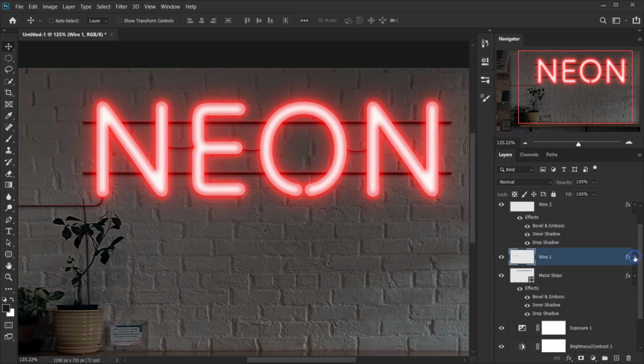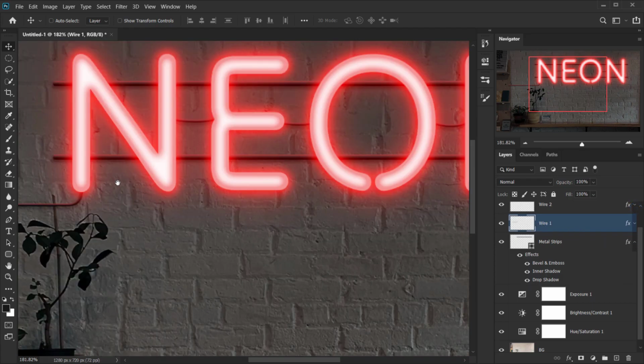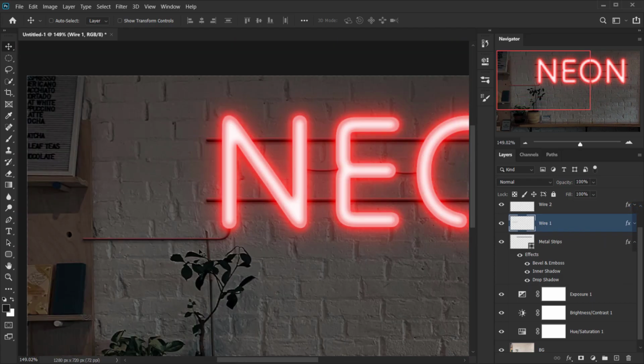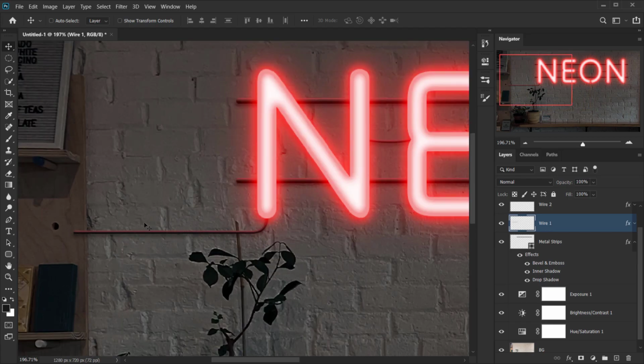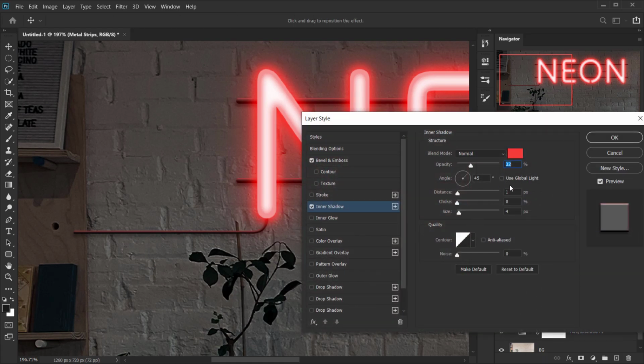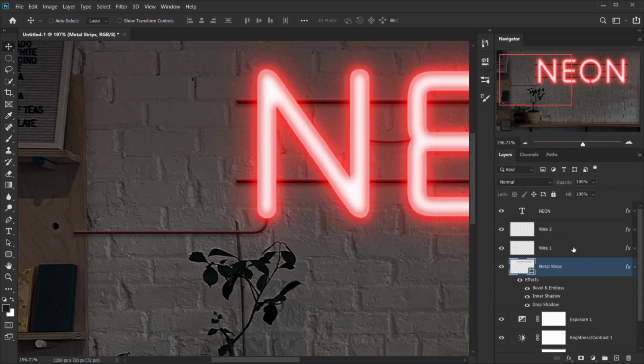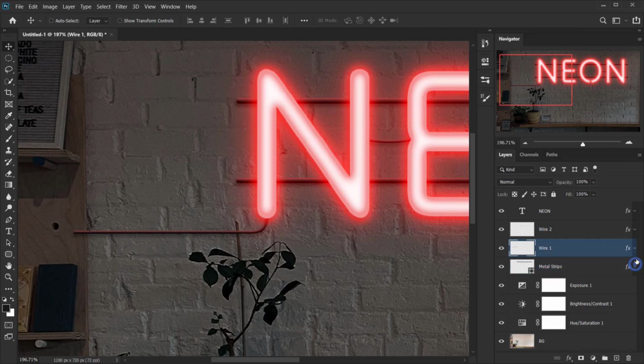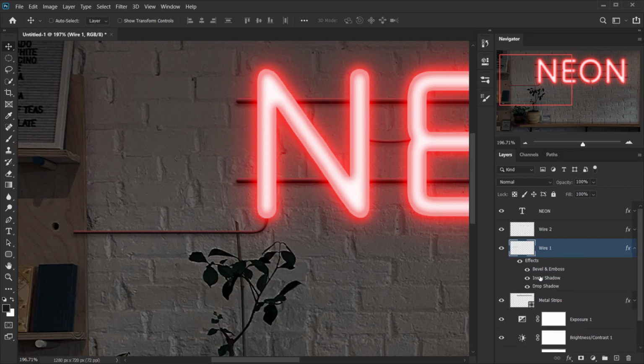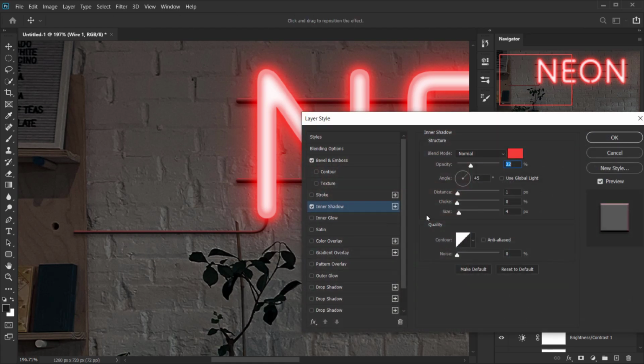But we're going to make some change for this wire 1. This is why we put it alone, because I don't want it to have the light all the way in here. So let's go to the inner shadow, and let's make sure that use global lights is unchecked, because if use global lights is checked, if I make some changes, it will make the changes to the other ones too. Alright, so let me make sure that I'm selecting the wire 1 in here, and I will open the inner shadow for this. Alright, and then I will change the angle using my cursor,